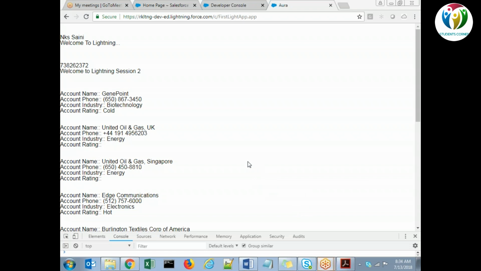Basically, it doesn't mean that if you have something in VF you won't pass, but it means your application should be compatible with Lightning. If your application is compatible in Lightning, you should be able to. Okay, got it. So it doesn't matter if I build a Lightning component itself or not, even if I do a Visual Force page, it should just work fine in Lightning. Correct. That's what it means, right? Correct.